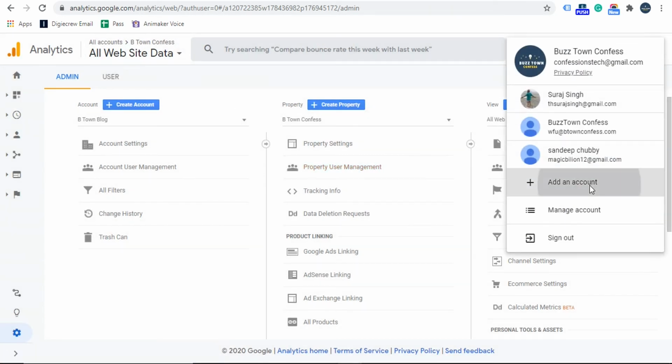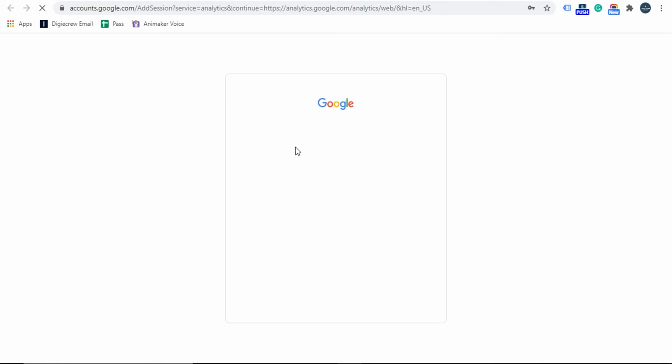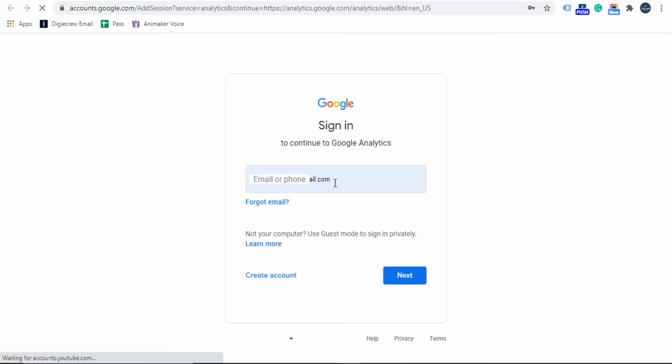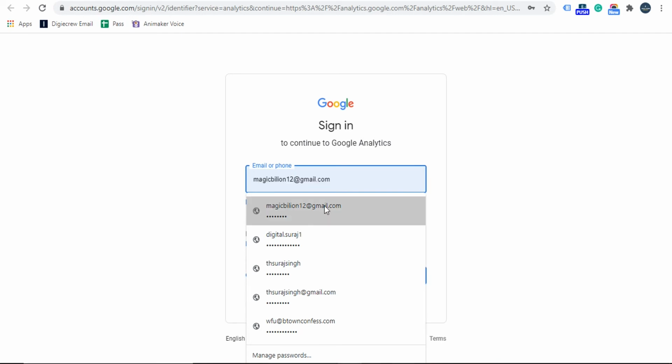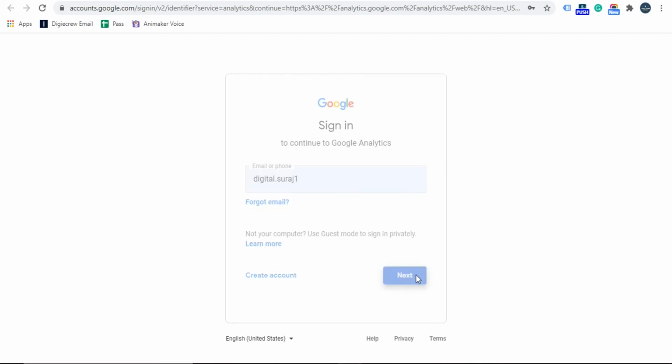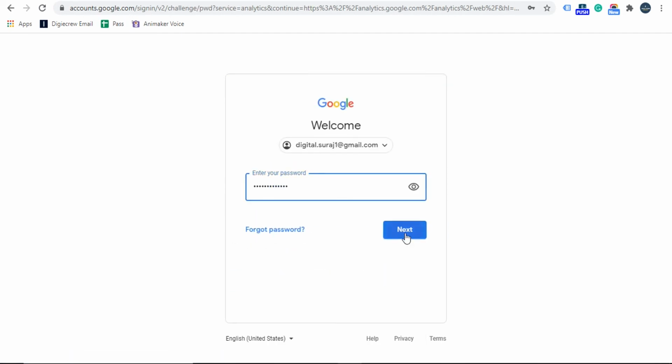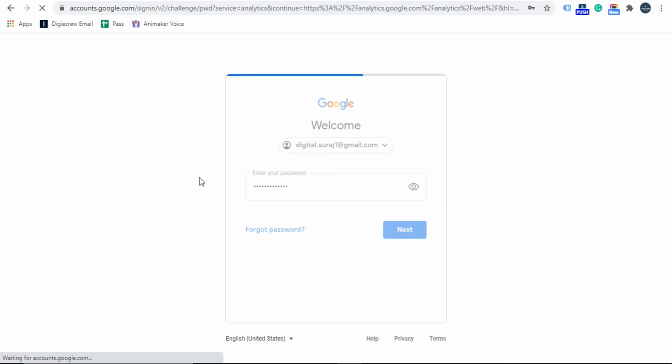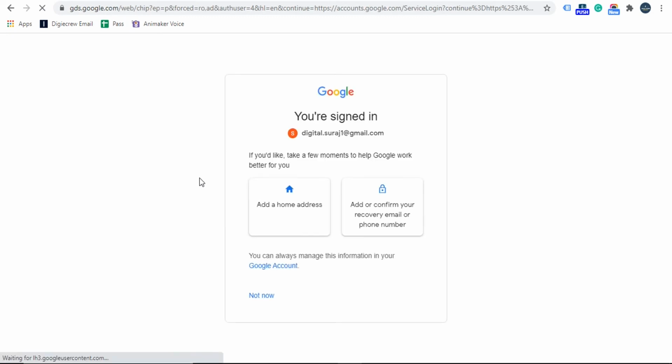So yeah, add an account, and then this is the account to which I am referring, to which we have granted access to the website btownconfess, right? It's just asking regarding the safety of the account. Let's ignore that, it's not of our use.